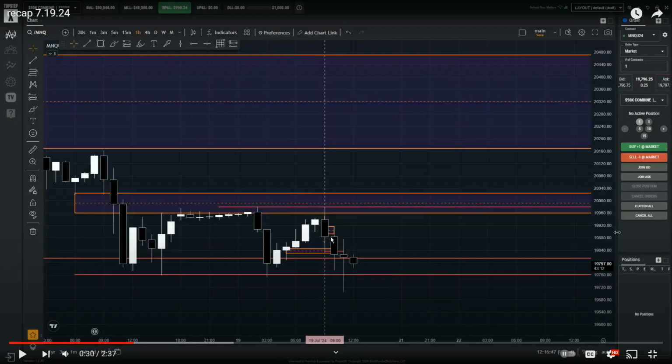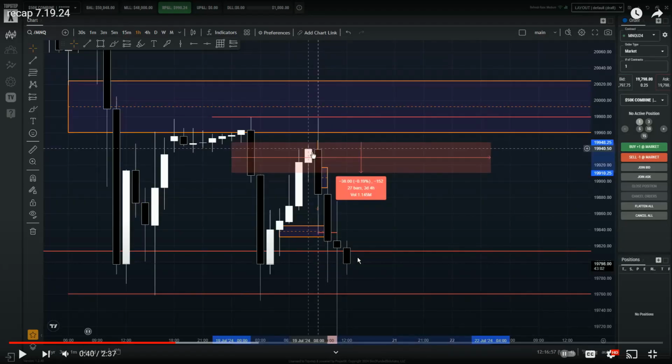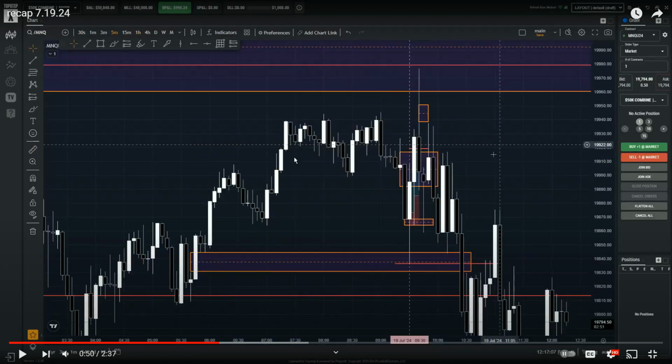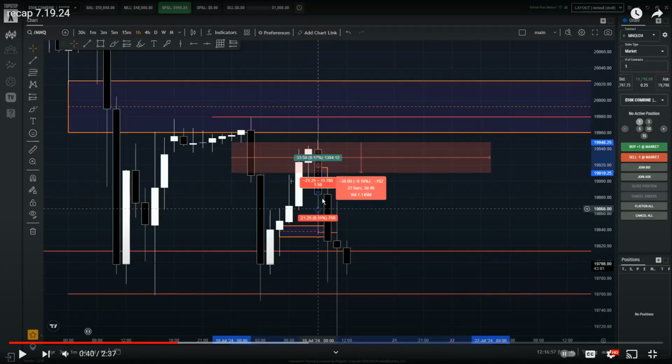I scale down to hourly. What do I see? There's this hourly fair value gap over here, so we might react off of this, which we are. And we're going down again to sweep these lows. So what can I take my judgment off of? Either I could say that I'm going to go long for whatever reason, or short. I know we're going down, I know we're reacting off of it. But say because we did sweep these lows previously,